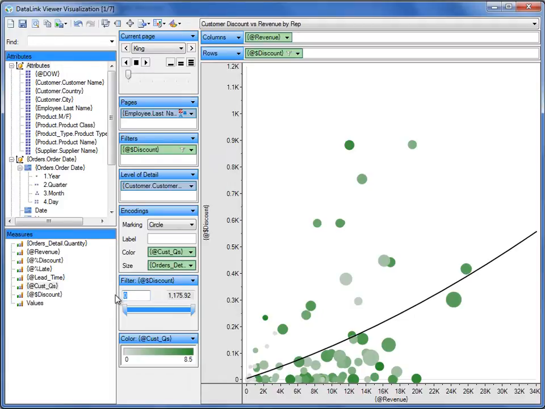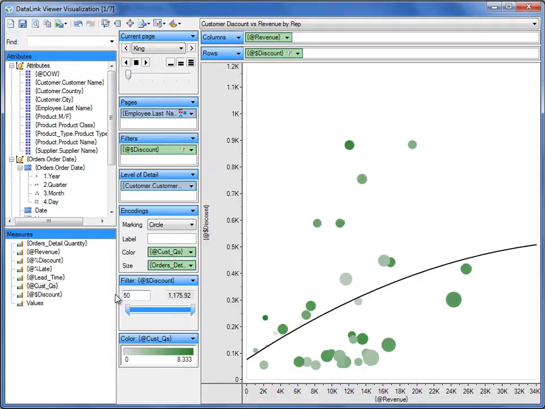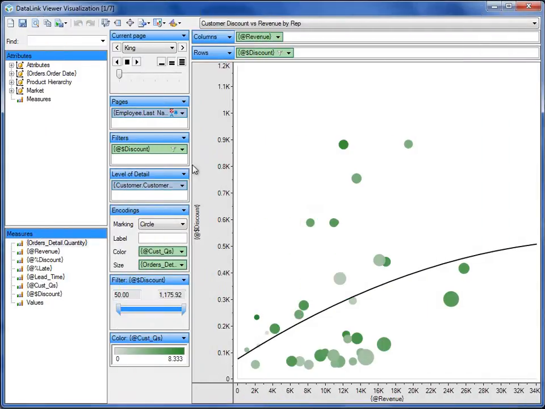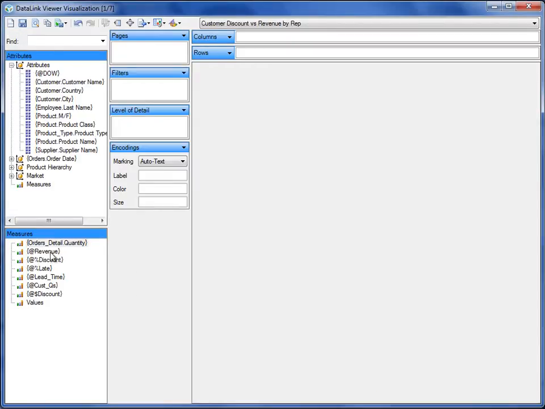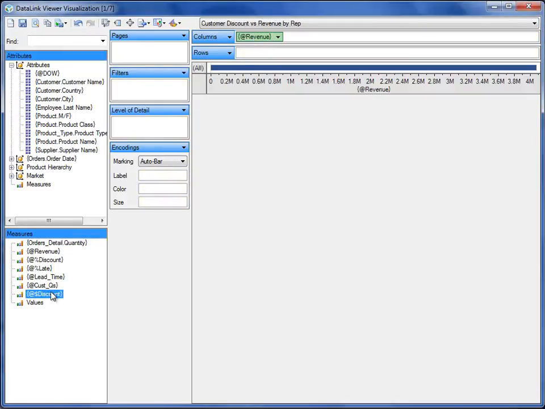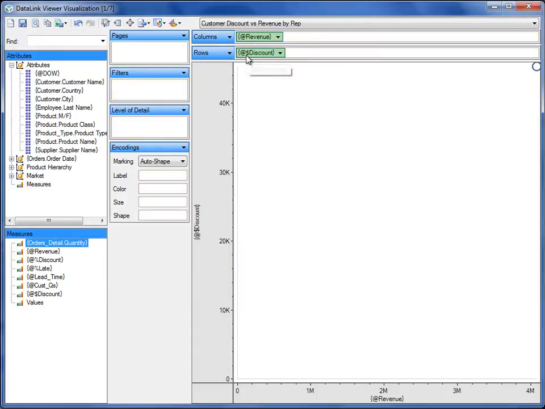I can go into that shelf, type in 50, hit enter, and get the scroller to a precise point. Let's recreate the same visualization from scratch. I'll click the Clear Layout button, drag the revenue measure into the columns shelf, the discount measure into the rows